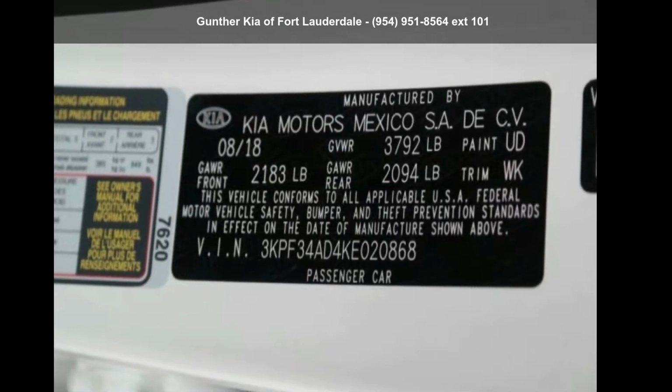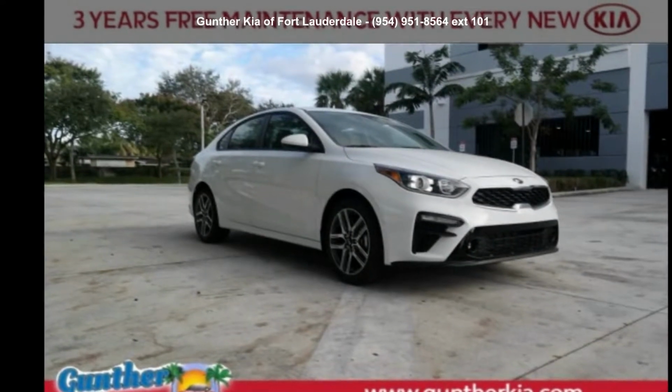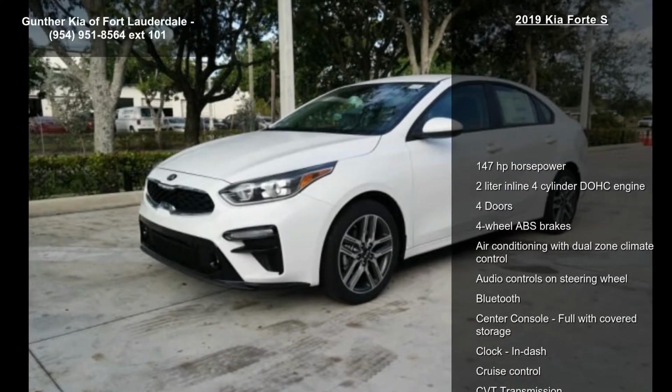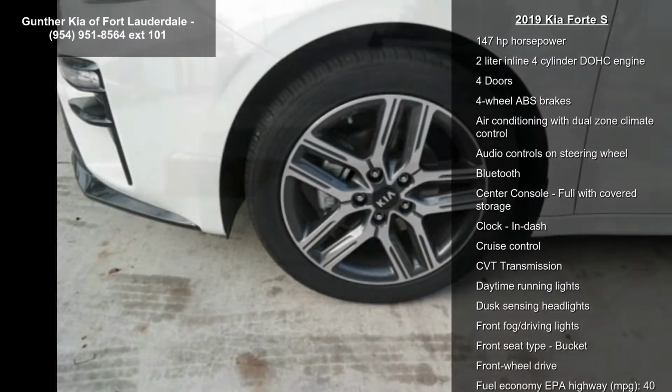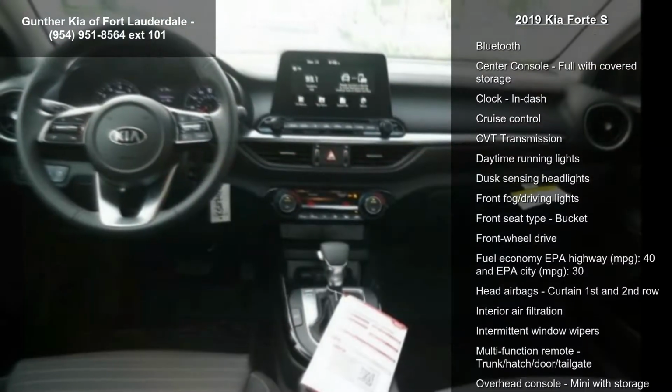Imagine yourself in this Kia 2019 Forte S. If you are looking for a first-rate auto, this one could be yours today. Some of the top features included with this vehicle are 147 horsepower, 2-liter inline 4-cylinder DOHC engine, 4 doors, 4-wheel